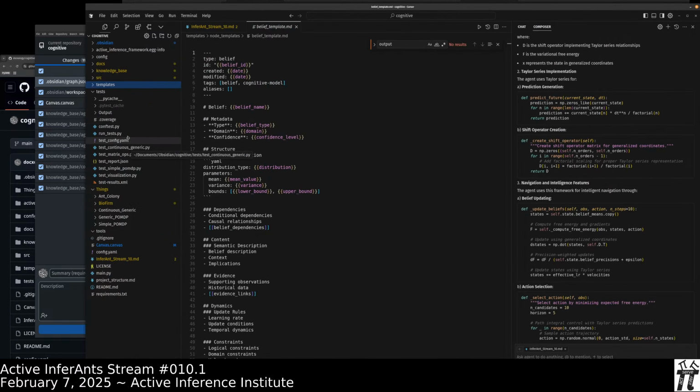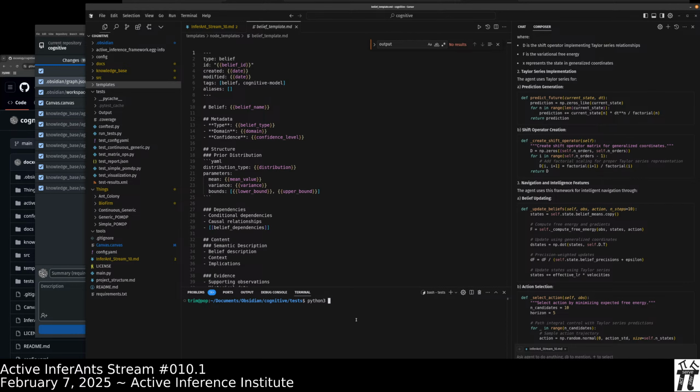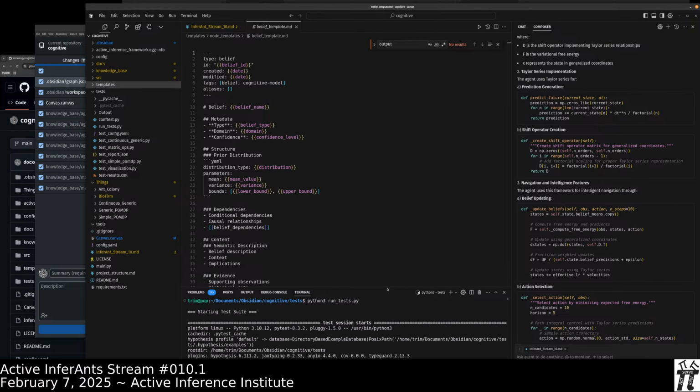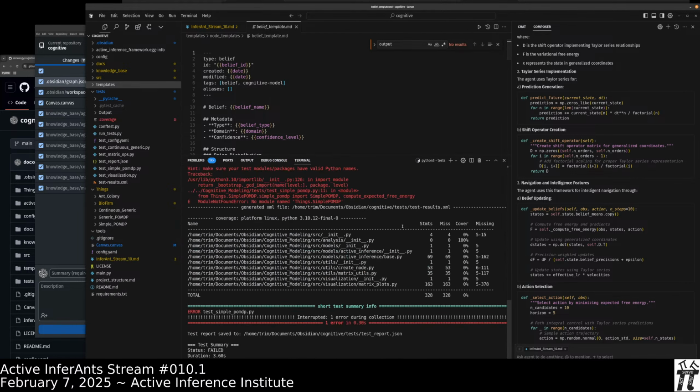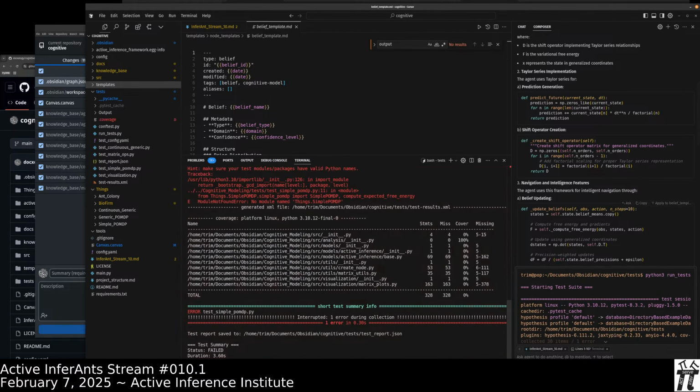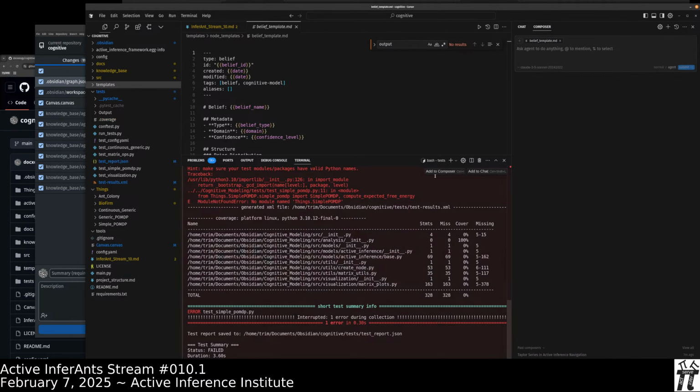Let's open it and see what this does. Okay, this is a test suite. Okay, made some errors. Start a new composer window, and while it's fixing that, let's look at the outputs.